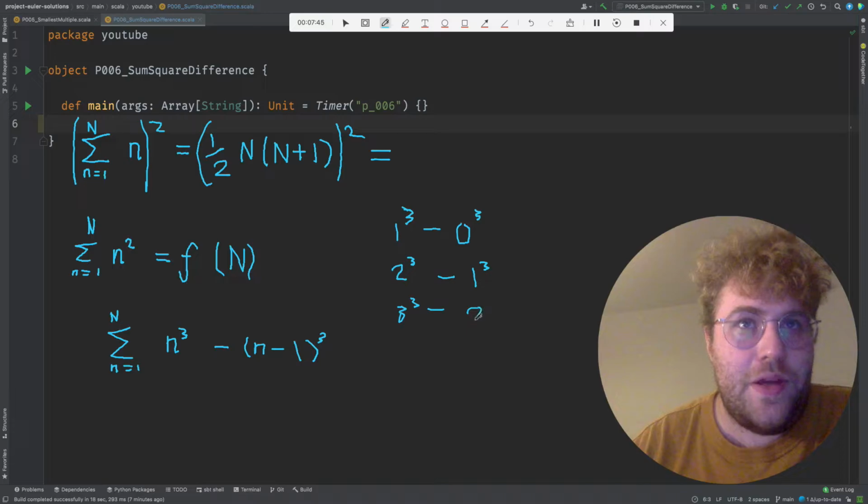You can probably see where this is going, and the last term in this will, of course, be n cubed